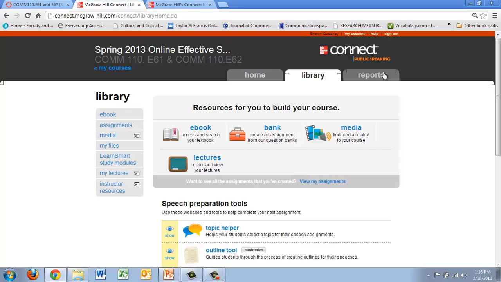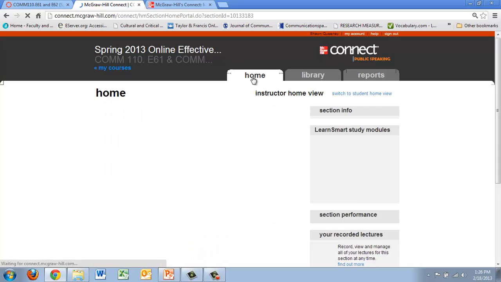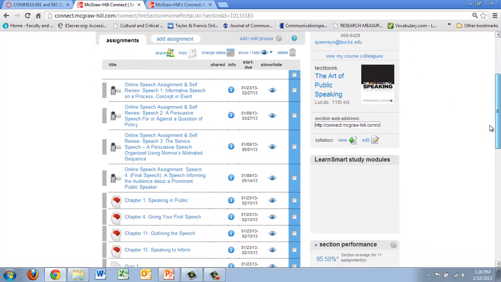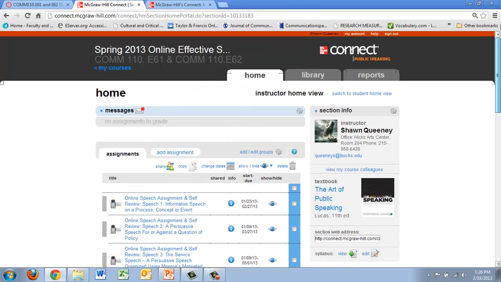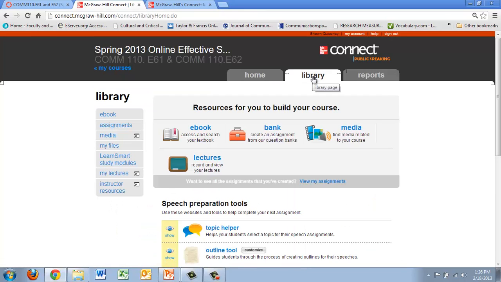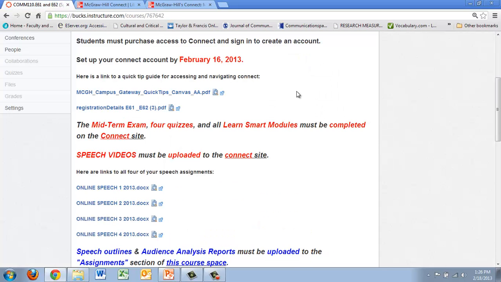So this Connect site is a very rich source. I use it partly for things like quizzes and Learn Smart modules and a place for you to upload videos, but also because of everything that's contained in this library section. And again, strongly recommend that you get in here and familiarize yourself with this and use it for all it's worth, because it is worthwhile.